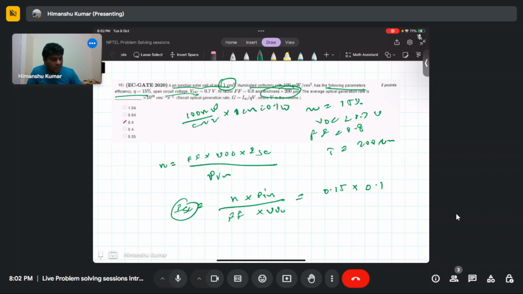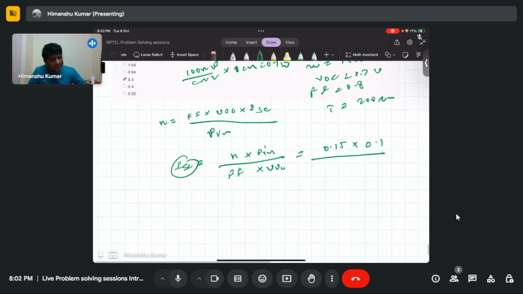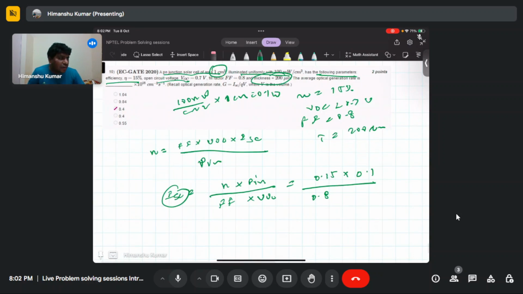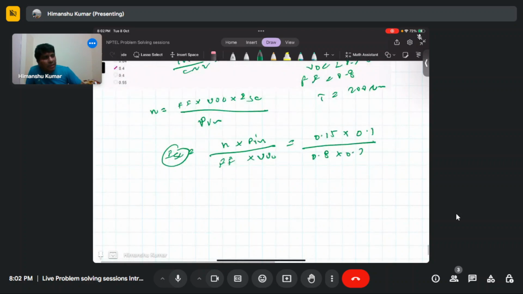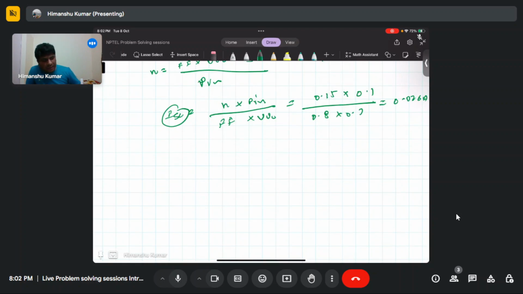This is the input power, and then basically you can write the fill factor. Fill factor is given as 0.8 times the open circuit voltage, which is given as 0.7. So the current you will get from here is 0.026 ampere of current, and with this, if you divide ISC by Q, so these are the current is basically